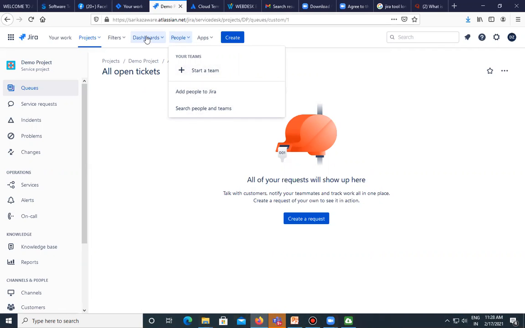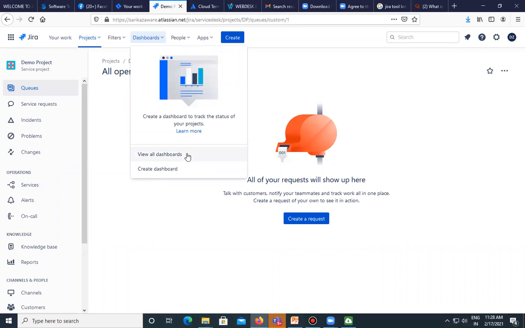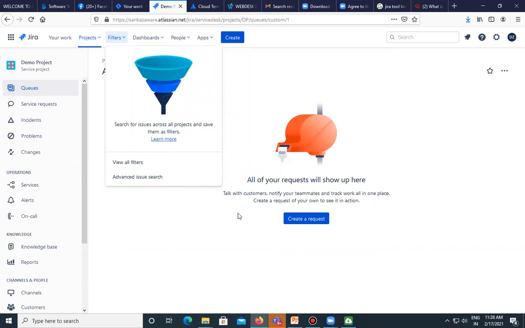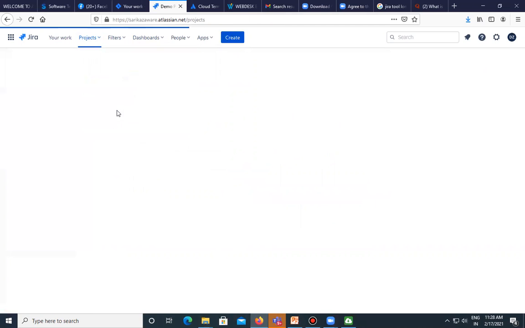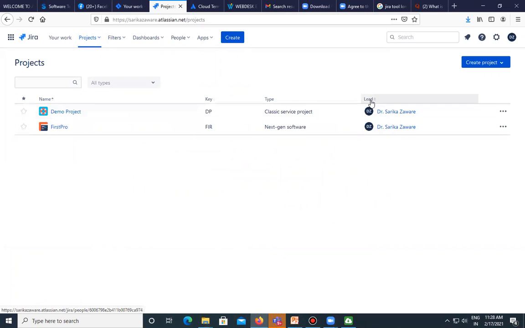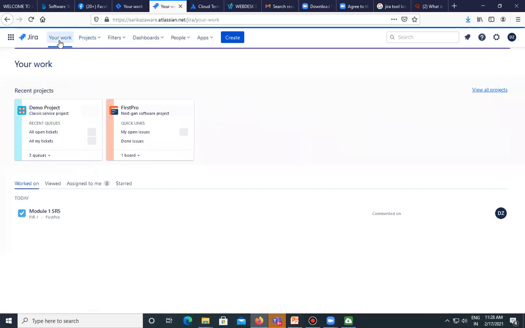So here they have given this dashboard. Create your dashboard; we have already created the dashboard. Filters we can also add for searching different things. Then projects: as I'm logging in from my login, they are showing that you have two projects under you, isn't it? If I click view projects, both projects will be displayed, and the leader is Sarika Jhavre. Likewise I can change it, right? The previous project which I had tried was the classic service project, and this is the first project, suppose.